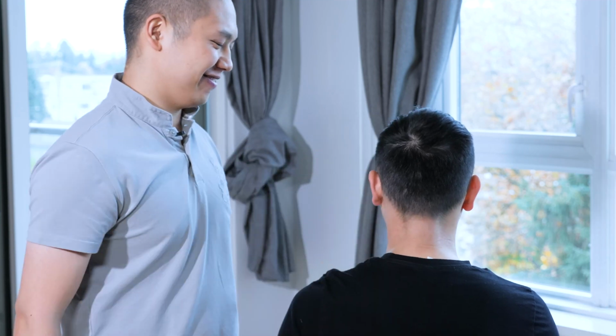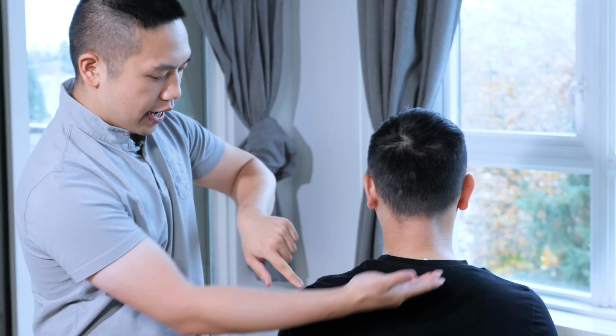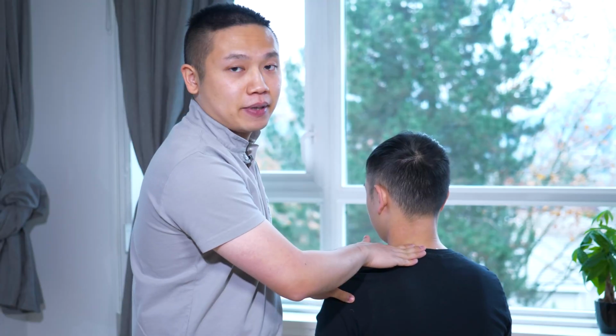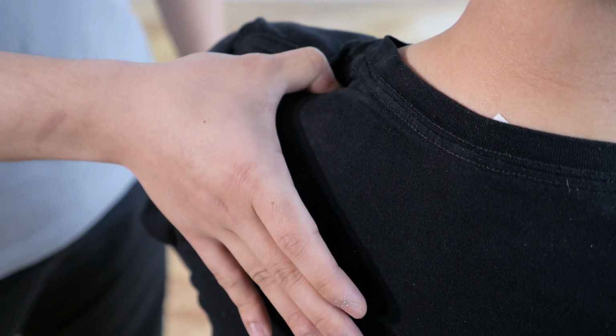Very good. Okay, now the fourth pressure point that we're gonna be talking about is called the shoulder well. The shoulder well is located between the base of the neck and the shoulder joint, so it's right here. And usually this whole piece of upper trapezius muscle is really tight as well. So what we could do is, if someone's helping you, you could use a thumb and then slowly press down,